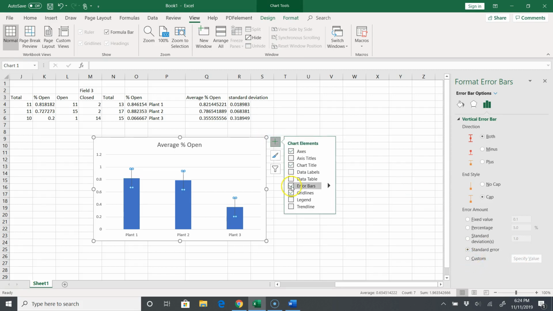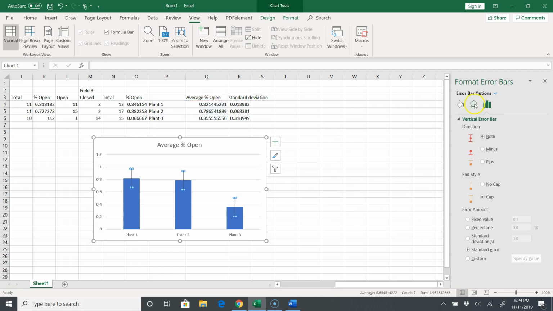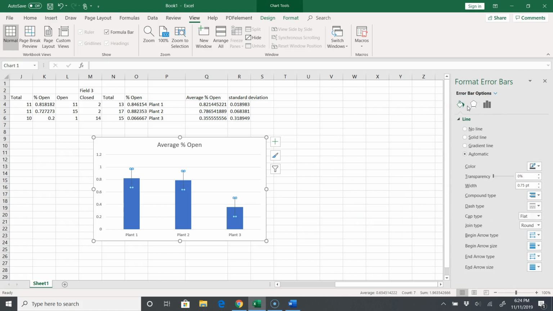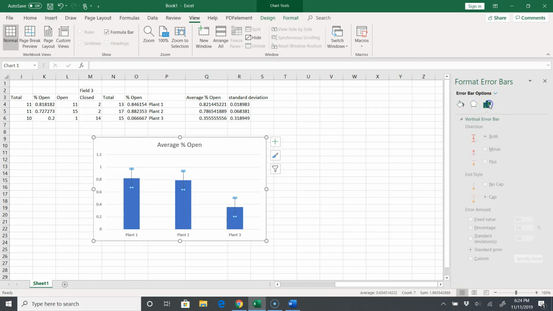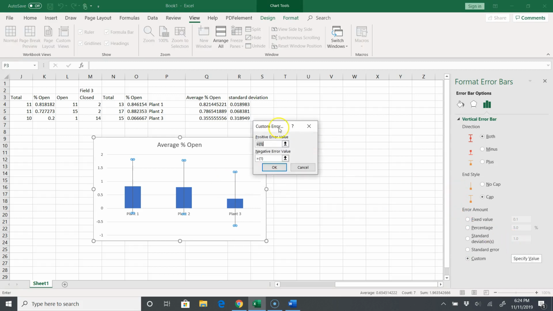So you click the green plus, you click the check mark, or you click on the box for error bars, and then you click on the arrow that's facing right, and you go more options. So it might start you off on one of these other boxes here, but you want to click on this bar chart icon here. Okay, that's the one, the error bar options. And you go ahead and click custom. And again, I don't know what Excel is doing here. I don't know where it's getting these values from, but I think it's just making them up, but that's all right. You click specify value,